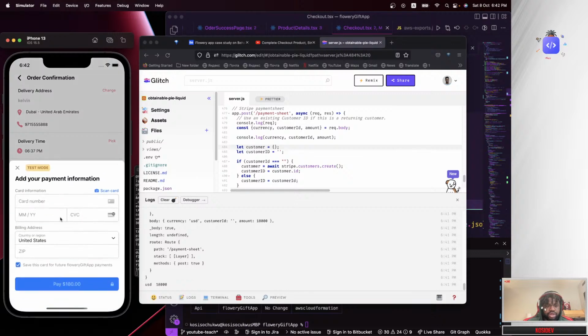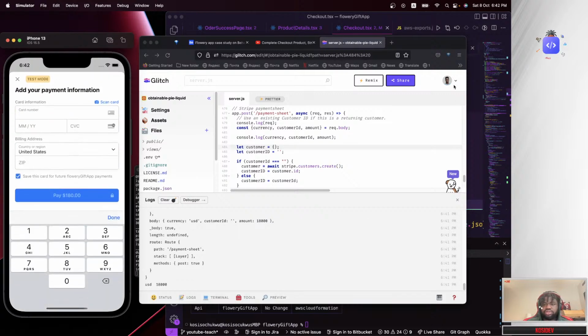So right now we can actually try payment option. One stuff we could actually try, let's try a payment, and we're going to use a fake credit card for this. We're not going to use a real credit card, and a fake credit card is going to come from Stripe itself.